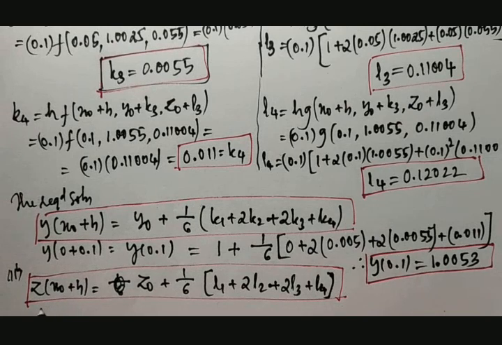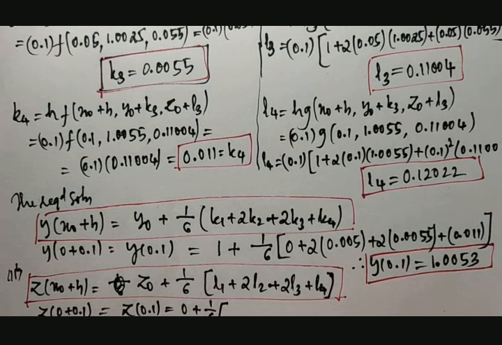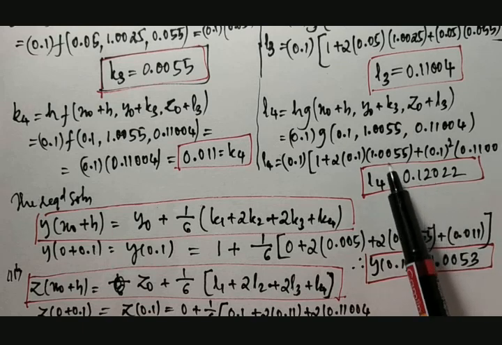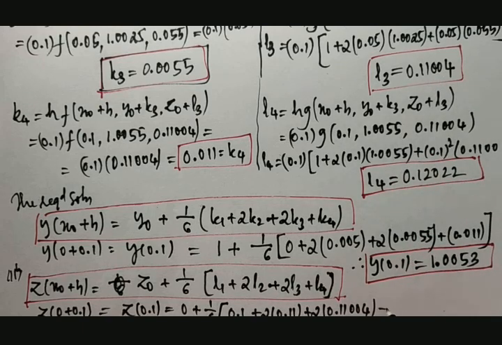So z of 0 plus 0.1, that is z of 0.1, is equal to z0, that is 0, plus 1 by 6 times L1, where L1 is 0.1, plus 2 into L2, that is 0.11, plus 2 into L3, that is 0.11004, plus L4, where L4 is 0.12022. If we calculate this result, this will be